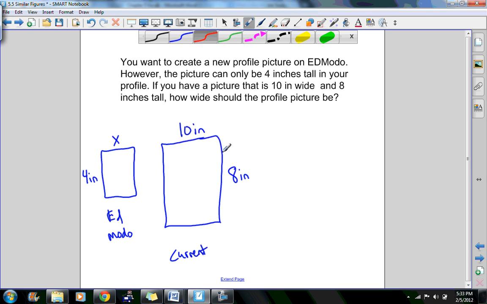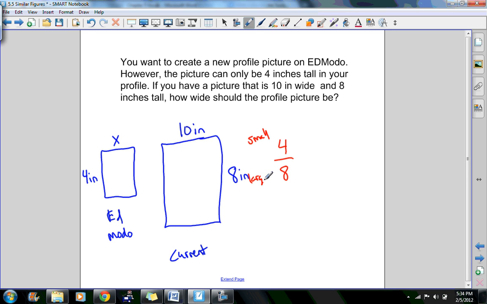So if I know that the height will always match up with the height, I'm going to start on the left side and I'm going to say 4 over 8. Okay, this is going to be the small over the large. And I can set that equal to another fraction for the other side because they're similar figures. So if this is the small here and this is the large, and we also said that this was the height and this was how wide it was, if I write the height over here, 8, and I put it over,